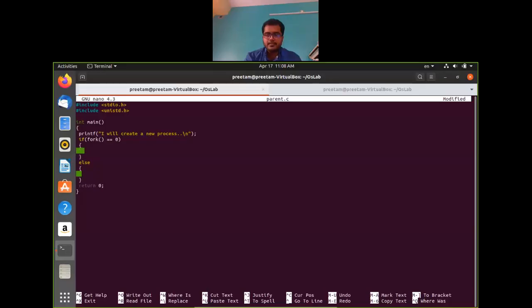Otherwise, when fork doesn't return 0, it returns some positive PID of the child process, so it means it is in the parent. This else part denotes the process being executed by the parent. So this if part will be executed by the child process, because for the child the fork return value will be 0.